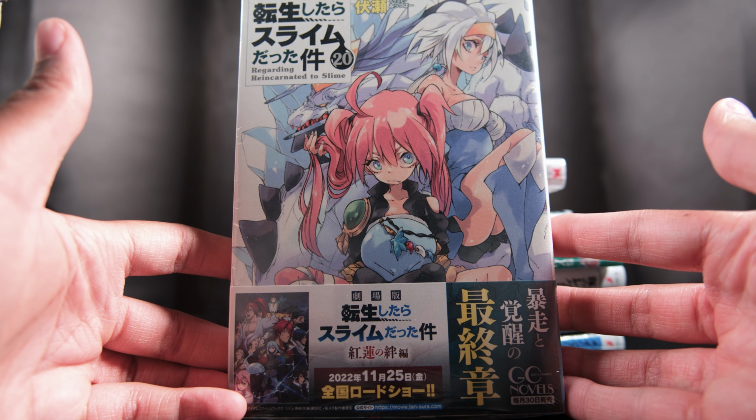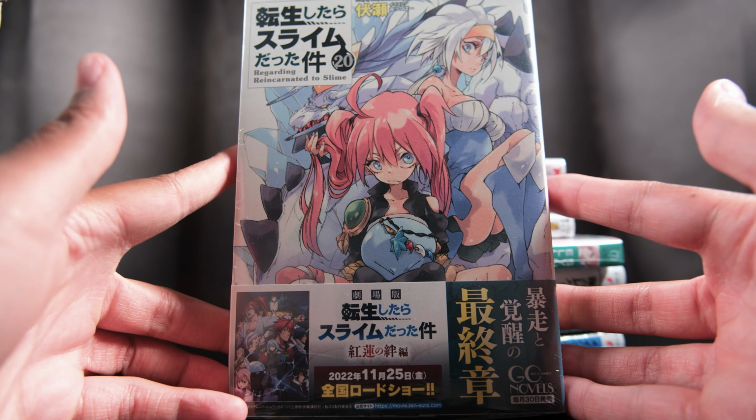Now, Tensura, I still enjoy reading it, but I feel like the story has become a little bit repetitive at this point, and that's kind of one of the difficulties when you have a story with such an overpowered character as Rimuru. It can be a little difficult to keep things interesting. I still enjoy reading it for the most part, but it's definitely lost a little bit of its edge that